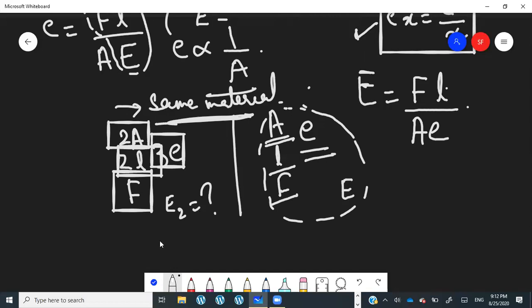And this is a trick question. I don't know. What do you mean by I don't know? Don't you have the formula in front of you? Yeah, but why is it 2L and 2A? If the L is doubled, won't it be half? It can be 2L and 2A at the same time, and both of them will get cancelled.